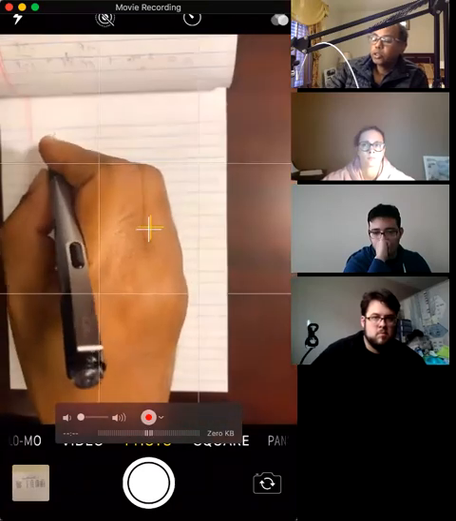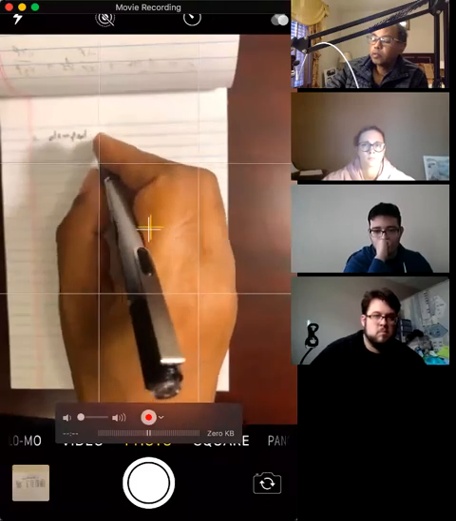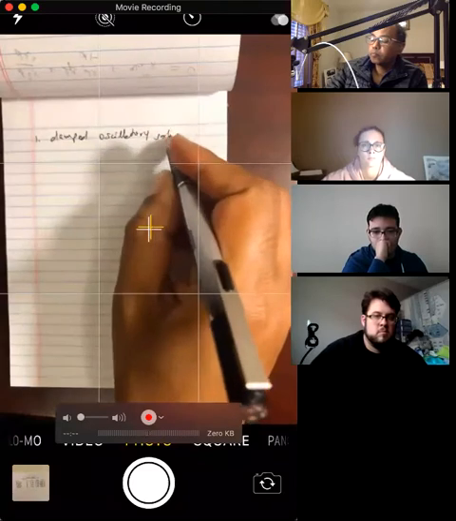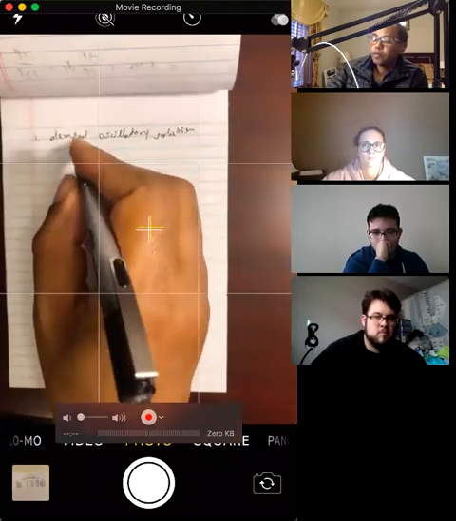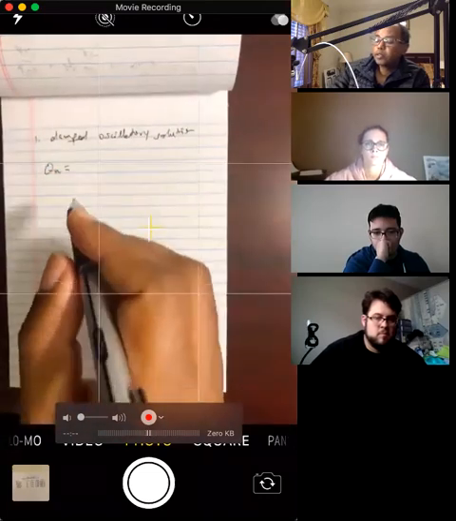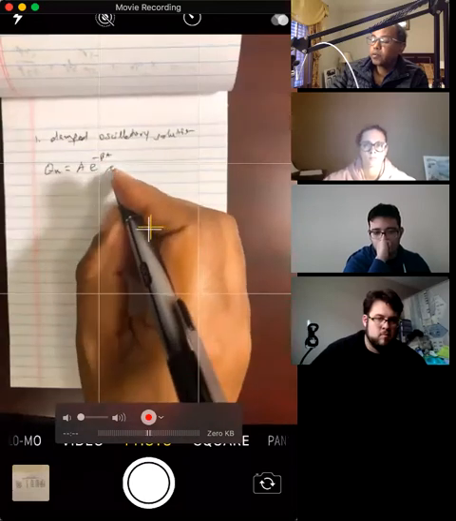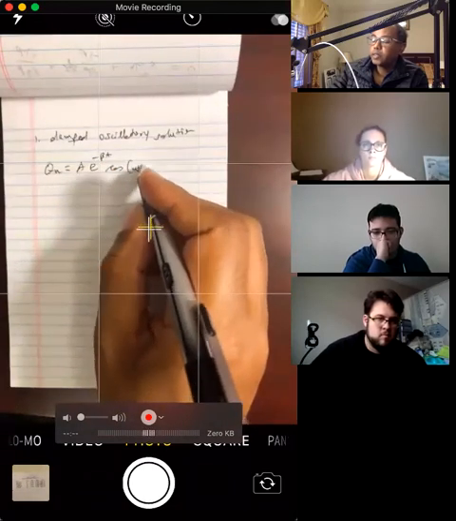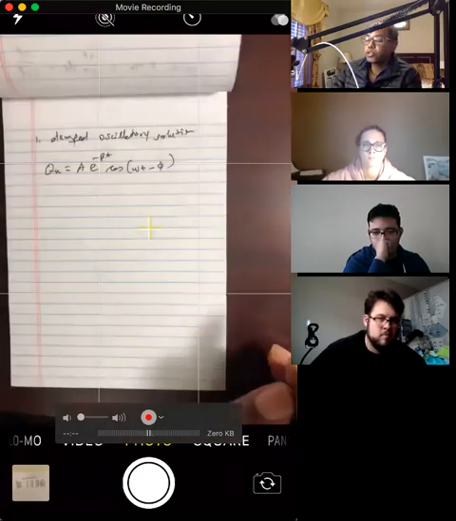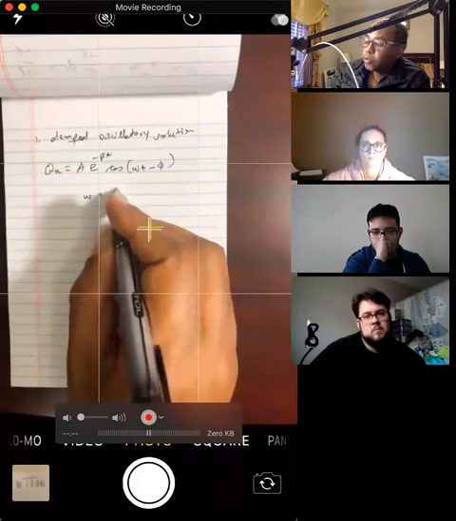The damped solution, let's go number 1. Damped oscillatory solution. For this one, the homogeneous solution would be a certain constant over here, e to the negative beta t, and then we've got cosine of omega t minus a constant phi over here. Okay, this is a general solution. A and phi are constants. And this one, omega over here, is the square root of, remember,